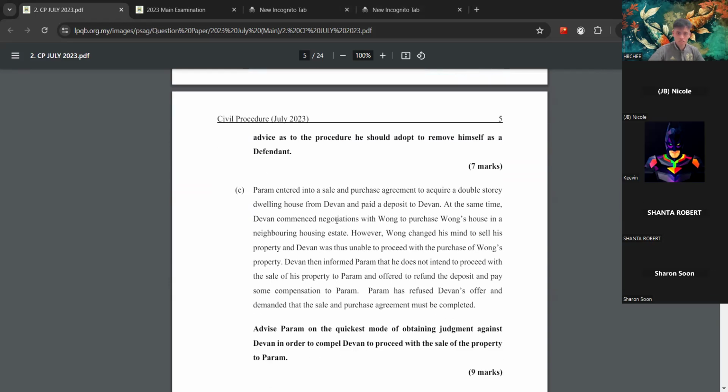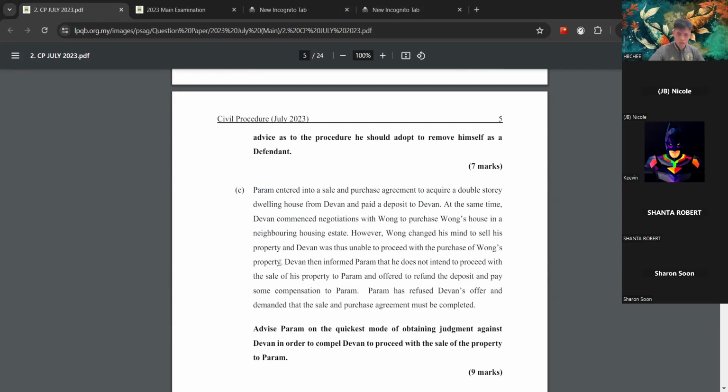Okay, now we come to C. Farah entered into an S&P to acquire a double-story dwelling house from D, and he had paid a deposit. At the same time, D commenced negotiation with Wong to purchase Wong's house in the neighboring housing estate. However, Wong changed his mind about selling the property to D, and then D was unable to proceed with the purchase